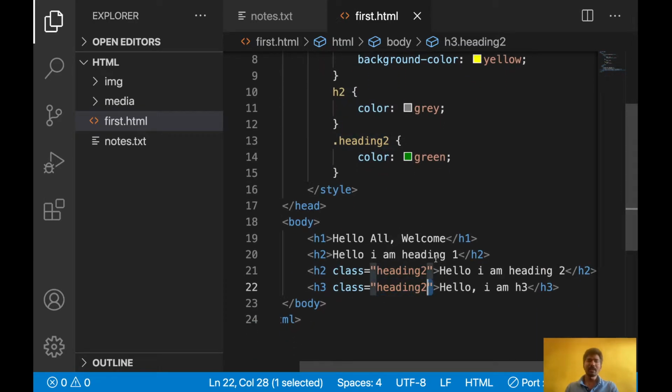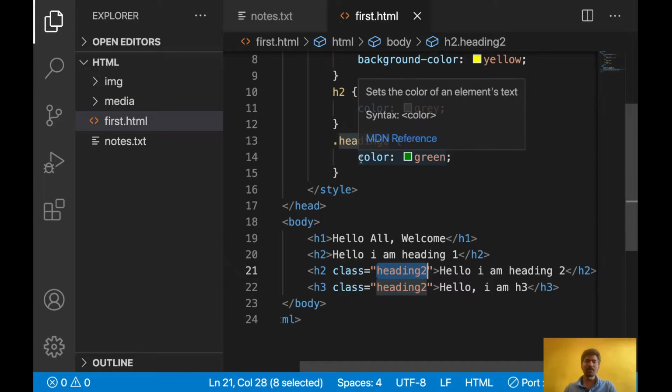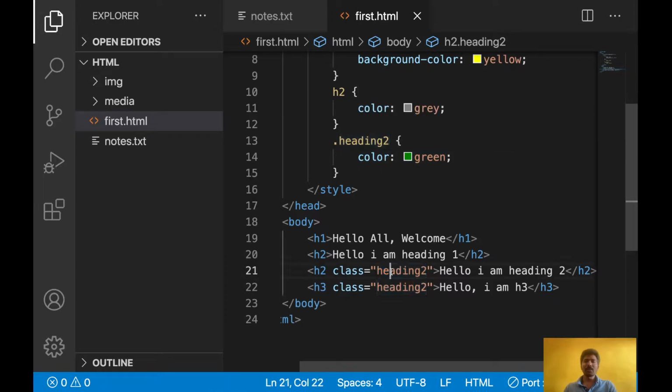Then where will id come? id is the unique one. So for identifying the element we will use the id. Here we used class for multiple elements h2 and h3, but id you cannot use for multiple elements. If you use it for one element, you cannot use the same id for another element. id also will be useful for the css only, but if you use class you can apply for multiple elements with this class name. id you cannot apply to multiple elements, only a single element.